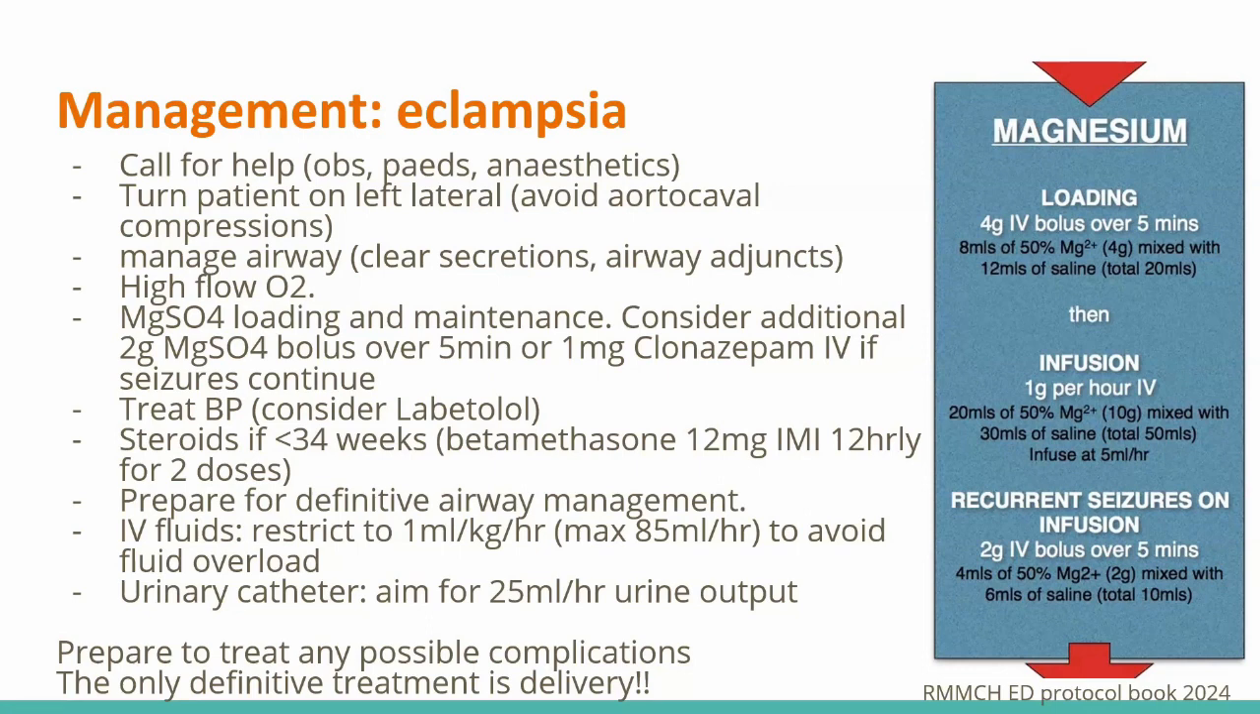So this blue image here on the right is taken directly from our ED protocol book, and this is what we use. We load with 4 grams of IV magnesium sulfate, bolus over 5 minutes. We can actually put this in 200 ml of normal saline as well to preload with that. And then we do an infusion of 1 gram per hour. So that's 10 grams that we mix with 30 ml of normal saline,